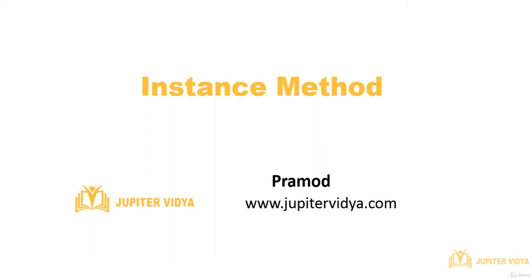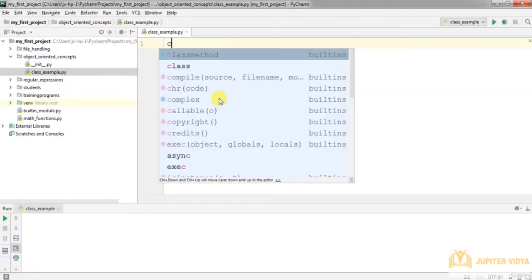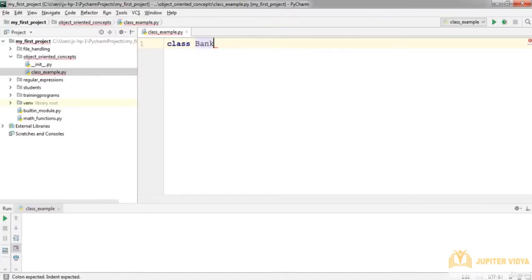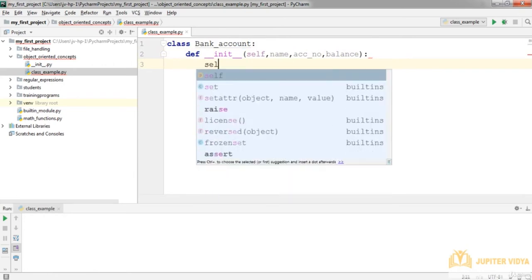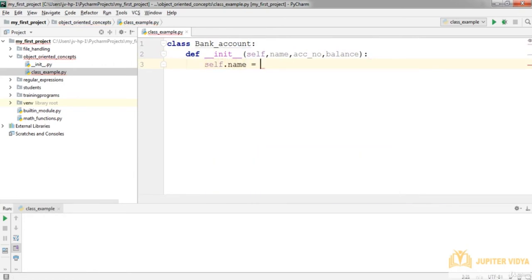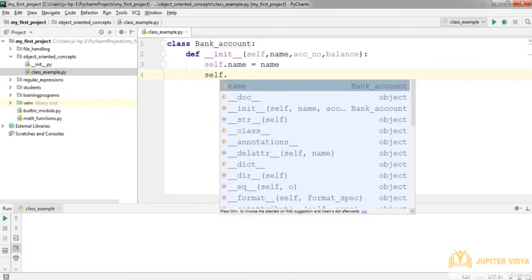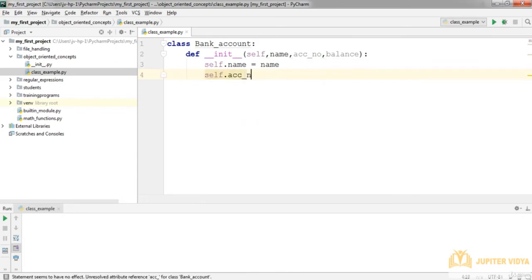Hello everyone, in this lecture we will learn about the instance method in detail. I'll create a class here. Let's name it BankAccount, and I'll initialize some properties for the instance: name, account number and balance. So I'll just use self to create these variables. Self dot account number,